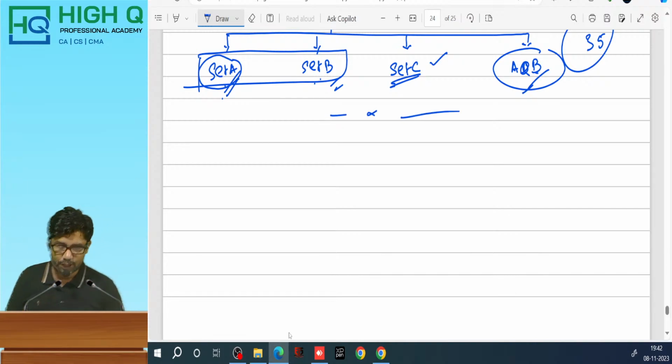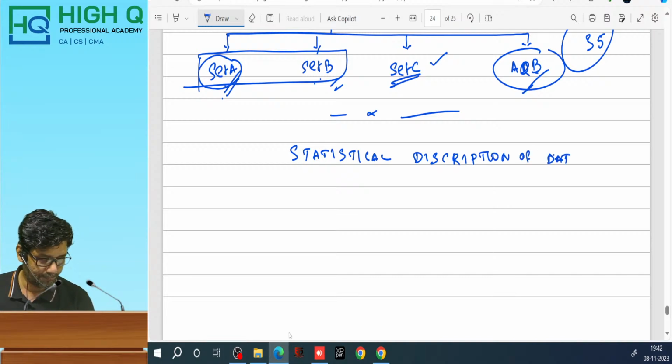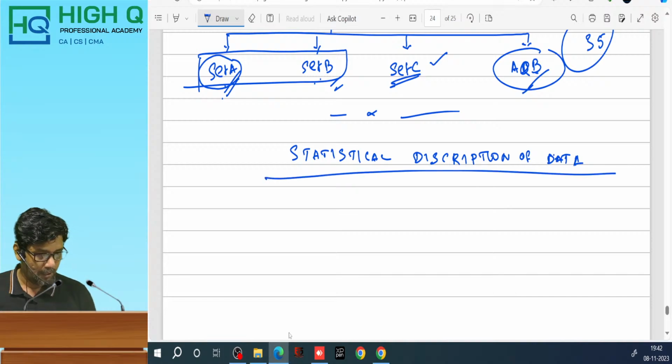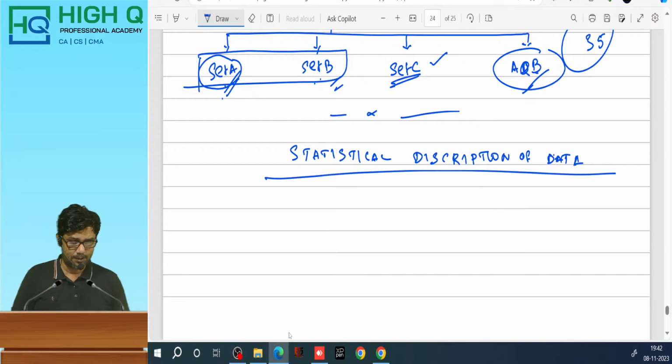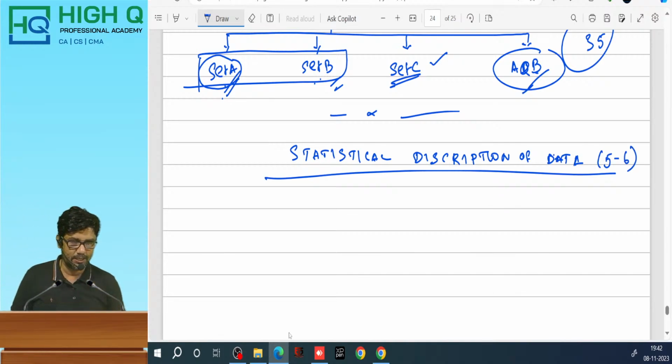Okay. The chapter number 1 is statistical description of data. Okay, this chapter consists of 5 to 6 marks. My dear, those who are attending the session,